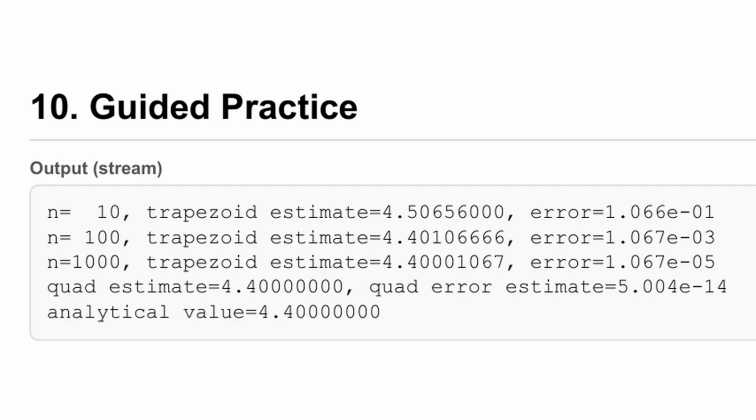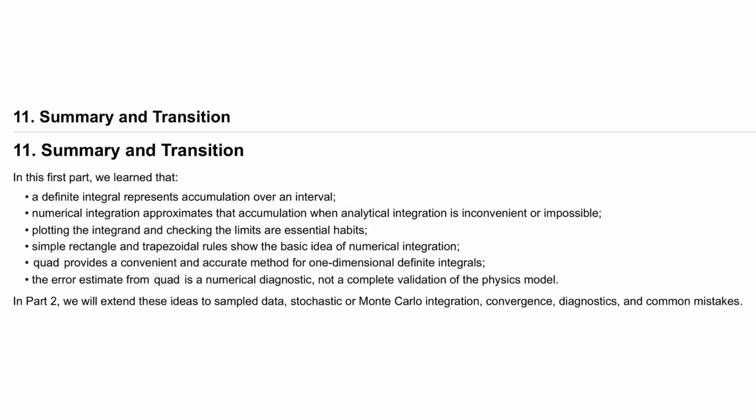Running this code shows that the trapezoidal error drops systematically as the number of intervals increases. However, the quad function immediately gives a highly accurate result, demonstrating why it is our primary tool for well-behaved physics functions. To summarize, we have seen that definite integrals represent physical accumulation, and we can compute them accurately using SciPy's